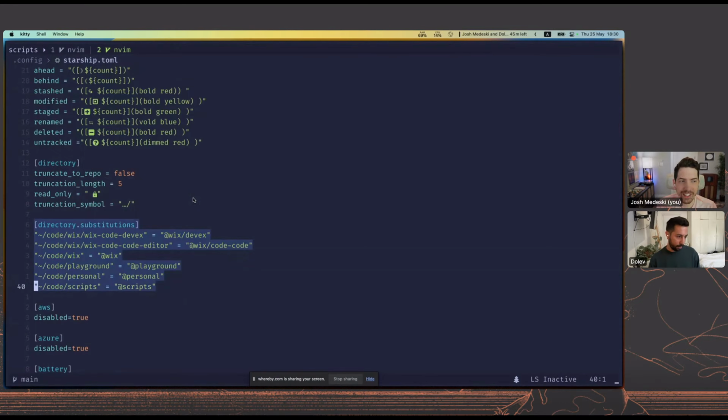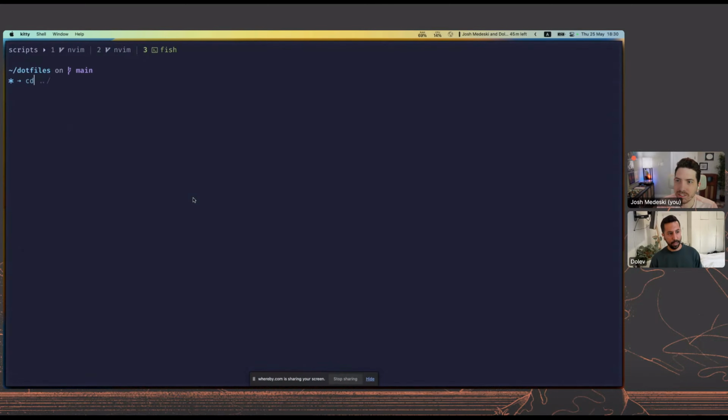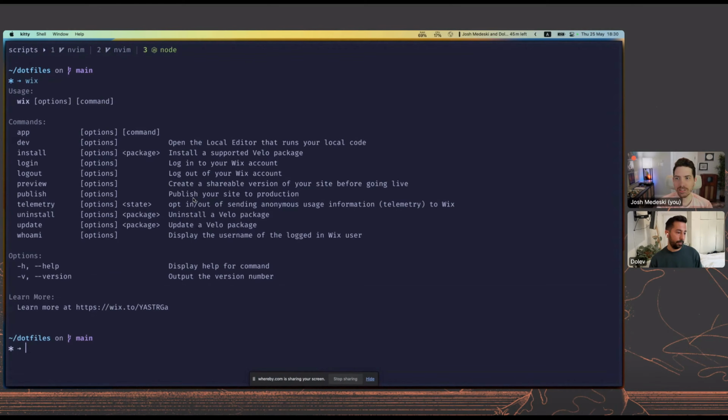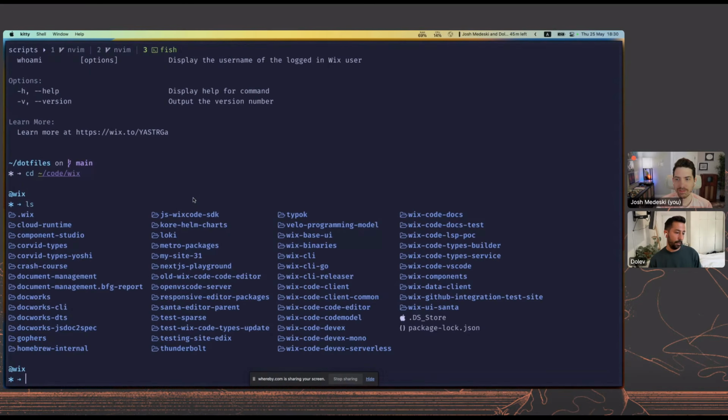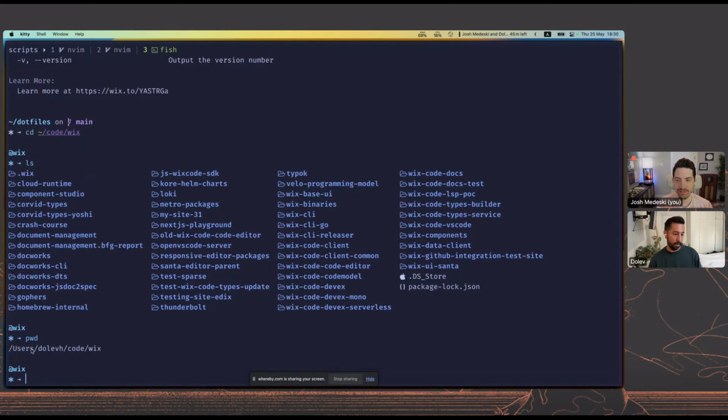Oh, cool. I didn't know that feature existed. That's really cool. Yeah, so my company has a ton of repositories. So if I go into code Wix, you can see all of these. It shortens the name. It doesn't show up as a super long string.